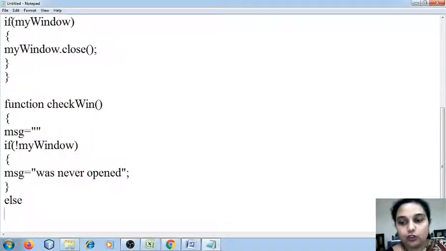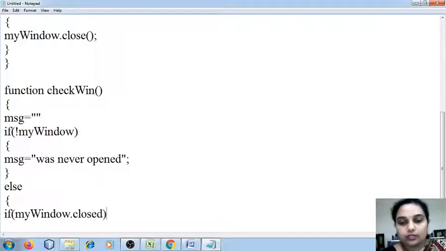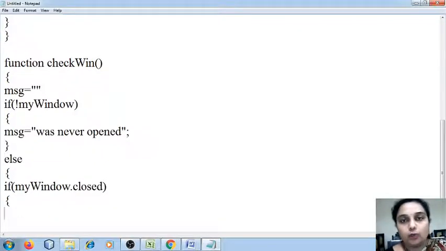Else, if you had opened the window but now you have closed it, I'm going to check if myWindow.closed. I'm checking whether the close method was called on the object myWindow. If it was called, then I'm going to give the message as is closed.